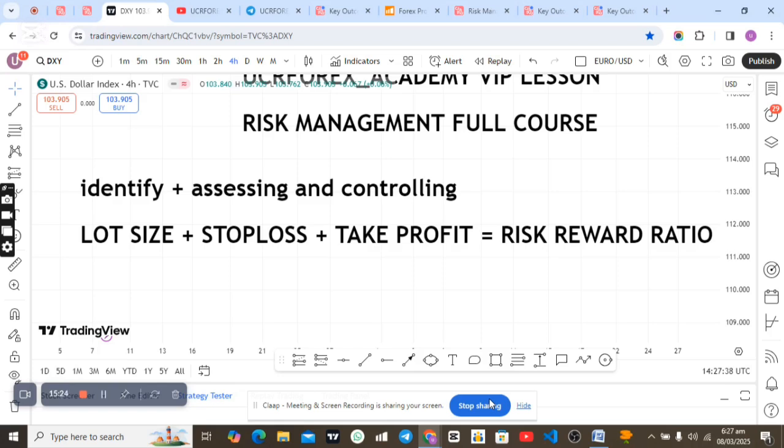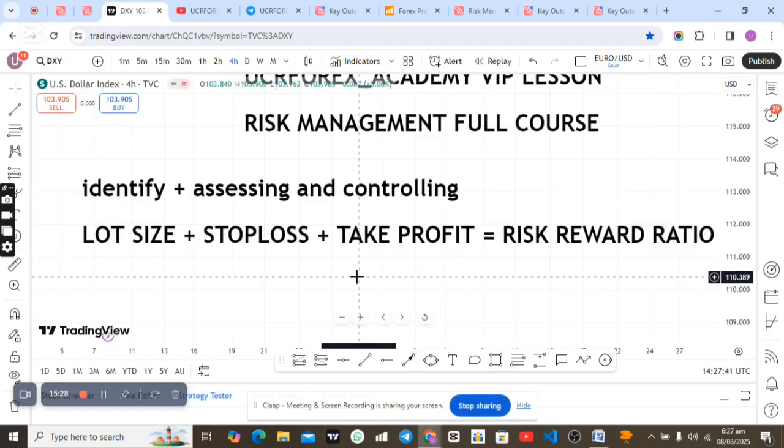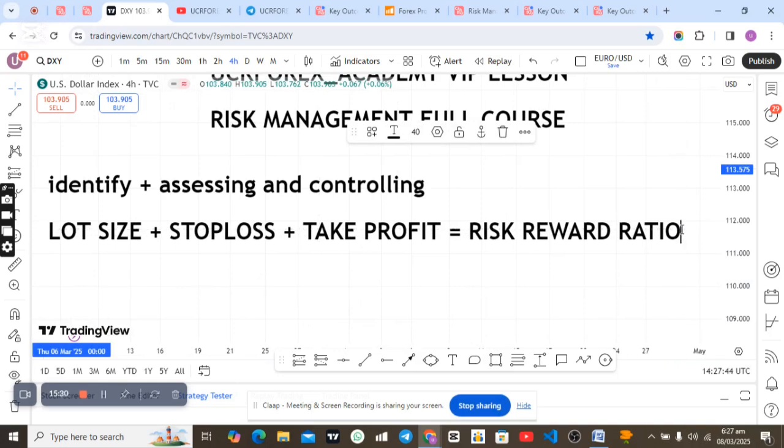Now, let's say you funded an account of 100 USD like this. You have an account equity of 100 USD. Let me bring the very particular thing here. You have an account size of 100 USD. This is your trading capital, right? This is what you funded. You have an account of 100 USD.